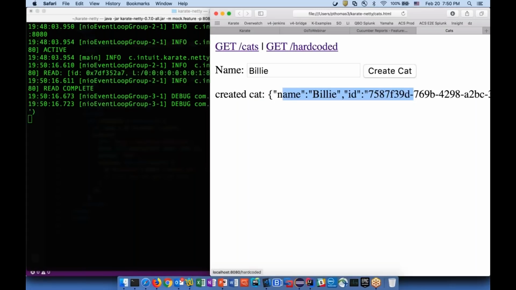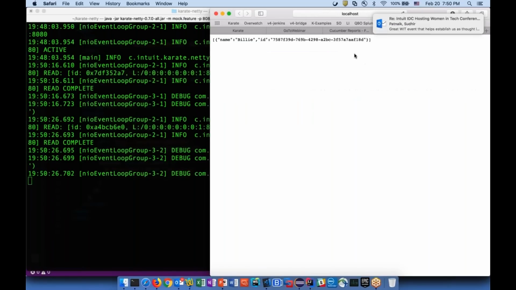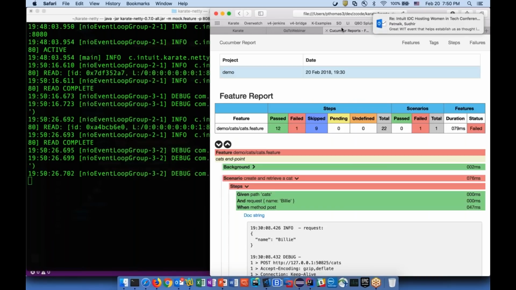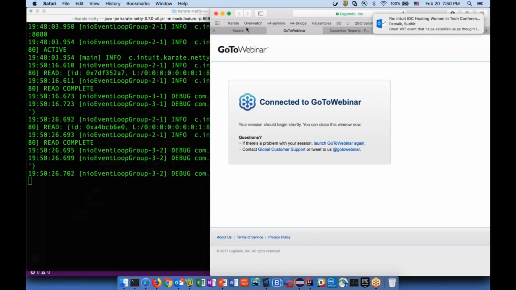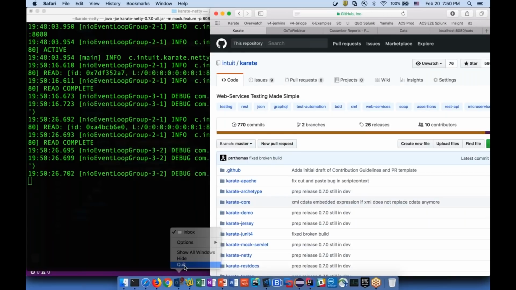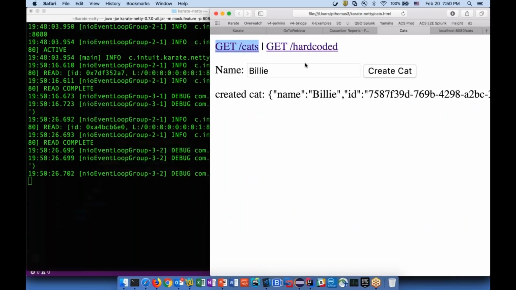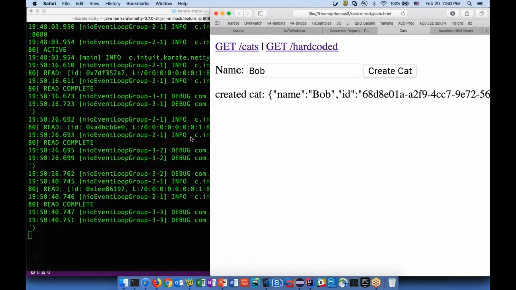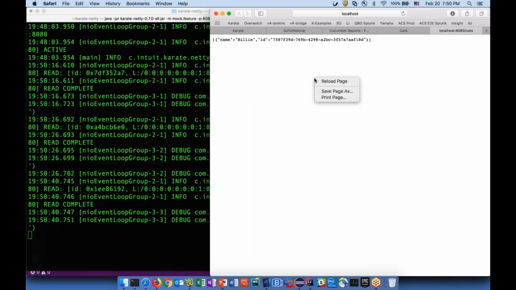If I hit create cat, it created, stuff happened on the UI, and you can see a request actually got handled on the server side. And there's another URL where you can actually view all the JSON. And let's create another cat, like Bob.